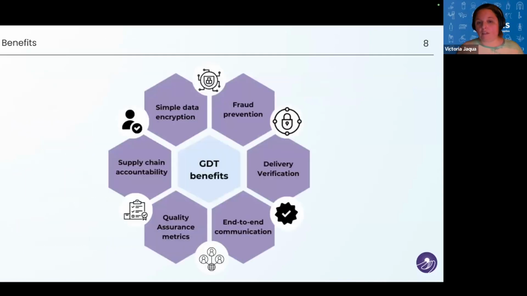These are just a few of the benefits of GDT. We believe that it's going to help fraud prevention, has simple data encryption, so it's easy to understand, and it's portable because we have an open source license. And it provides supply chain accountability, which is